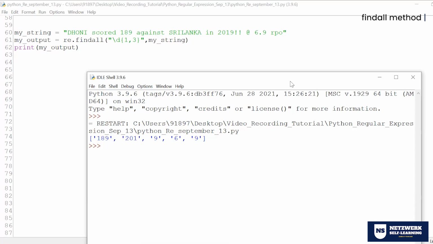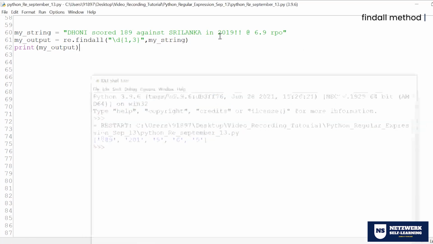If there is a four digit number, it won't return four digits because I specifically mentioned that the maximum it can give you is three digits. So that's what happened with 2019. 2019 got split, and that's how the output came: 201 separately and the 9 separately. Okay. Now